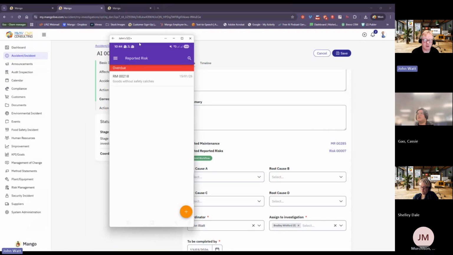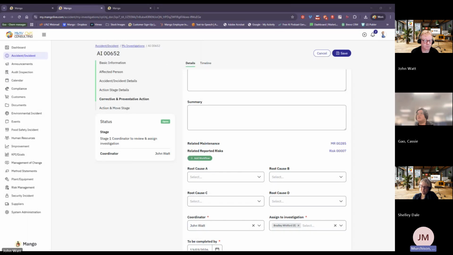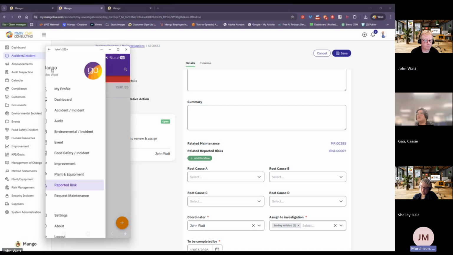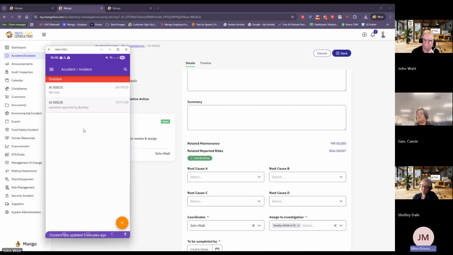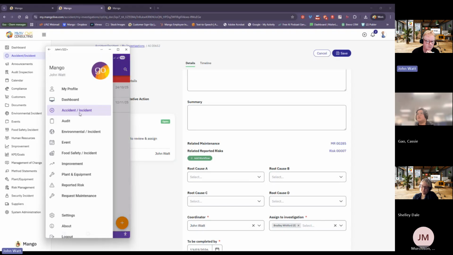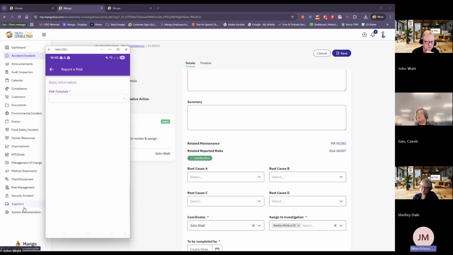When I first report it, I have to report it into two separate sections. Okay, but my next question was, is there a link in that form that says I'll also need to report a risk as part of this incident? Can I stay in the form, press a link, and it takes me to the report a risk form, or do I have to do multiple things? Yeah, I have to go, right, I also have to report a risk, and then come in here and report the risk.